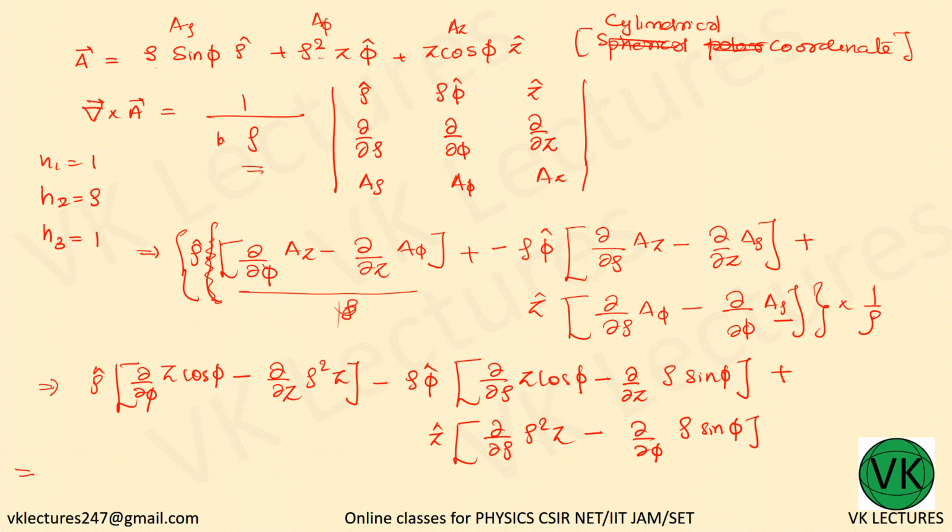So the first term, this everything into 1 by rho. So rho cap into dou by dou phi of z cos phi. So z minus z sin phi, minus rho square